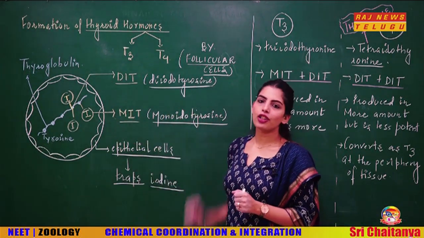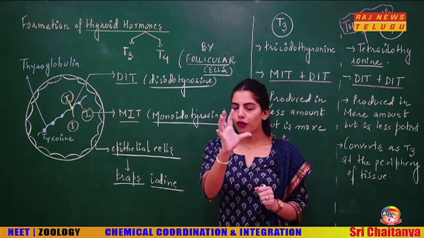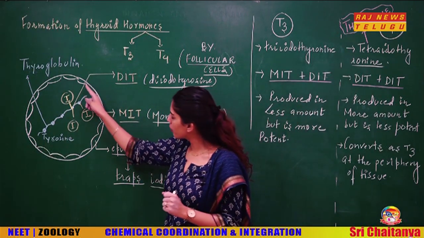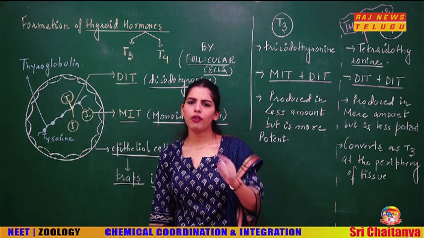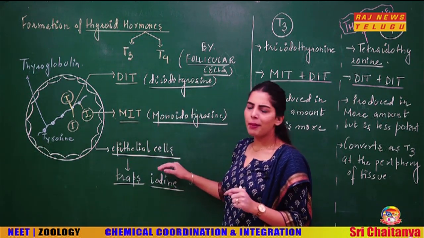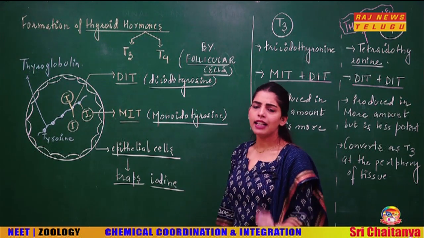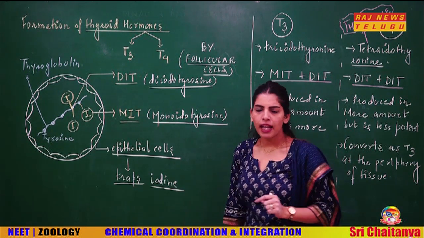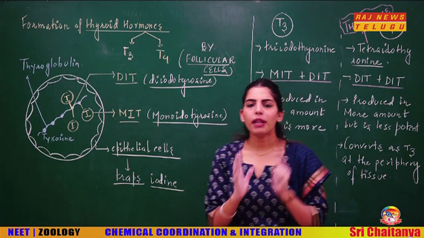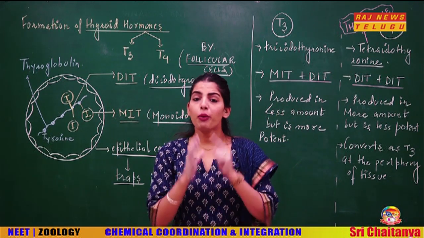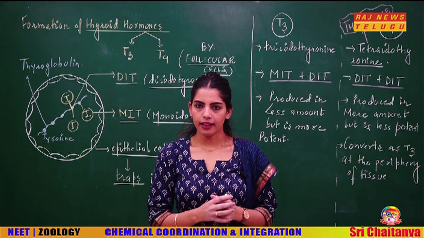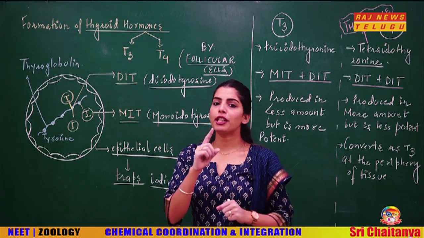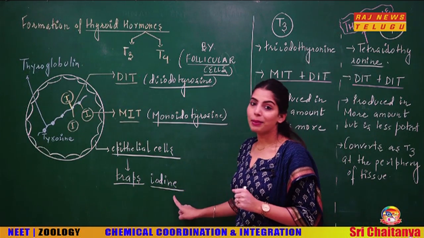So this is the structure of the follicular cell. Okay, this is a big follicle. This follicle, students, is lined by the simple cuboidal epithelium that we have already discussed. These are the epithelial cells, the cuboidal cells. As I've told, for the formation of the thyroid hormone, students, we require a large amount of iodine in our diet. And this iodine is going to be trapped with the help of the epithelial cells.